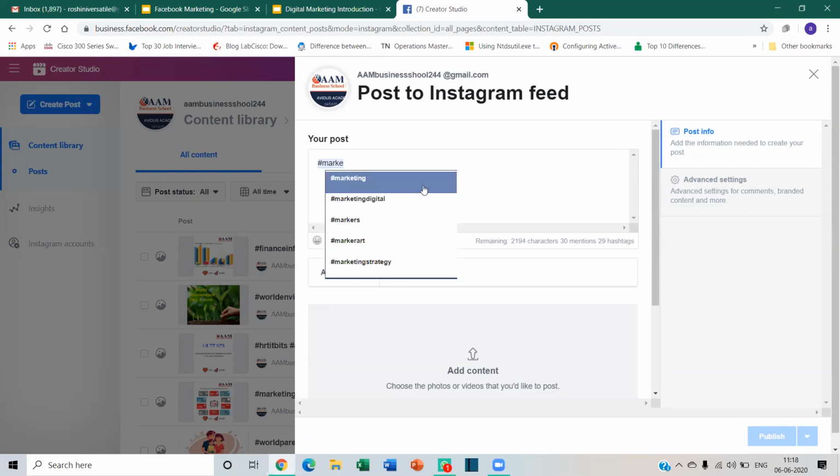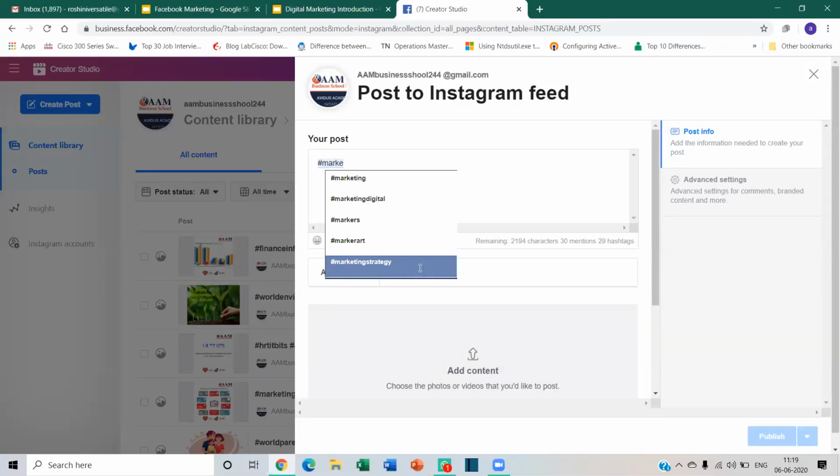So these are the hashtags which are popular, or already available in Instagram, right? This is something you can try, because when you're not very particular about what hashtag to use, you can just type it, it will give you suggestions, and based on that, you can click whatever suits you better.